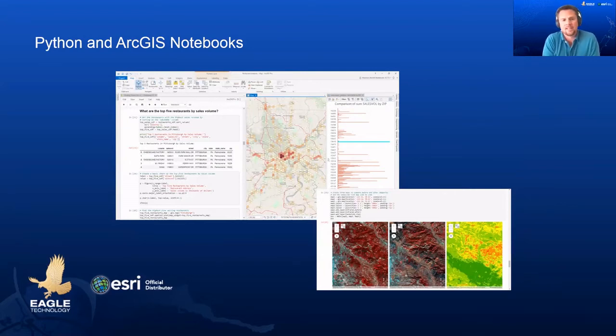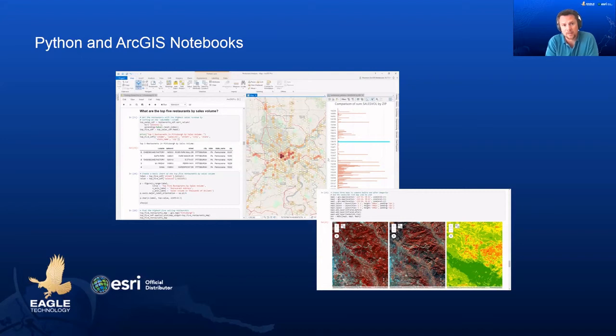And then Python. Python is a language that you can use throughout the platform. For working with Python, you have ArcPy and the ArcGIS API for Python. ArcPy is a very comprehensive, powerful library for spatial analysis, also for data management, data conversion. And in total, there are over 1,300 tools that can help you.